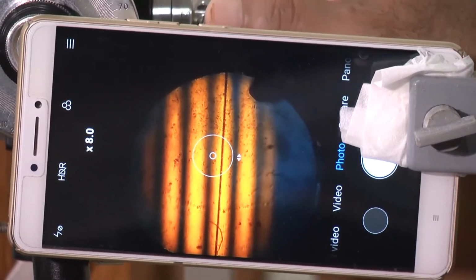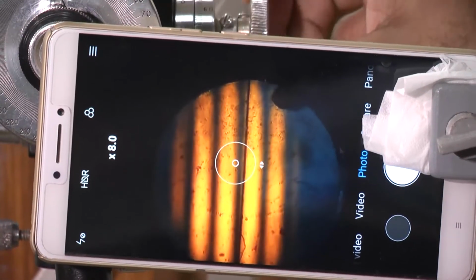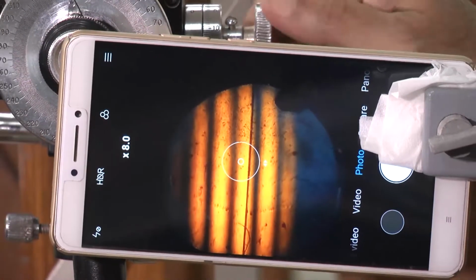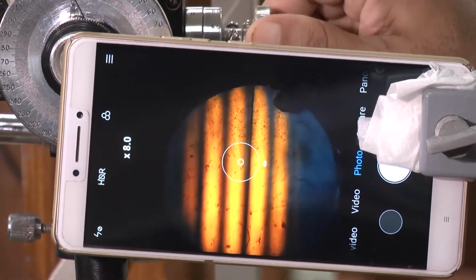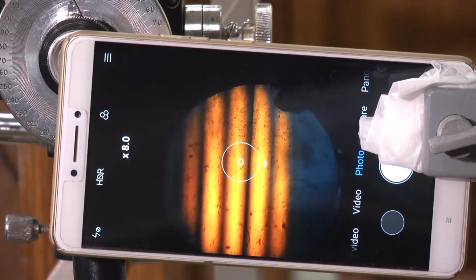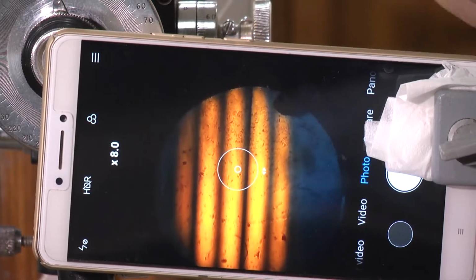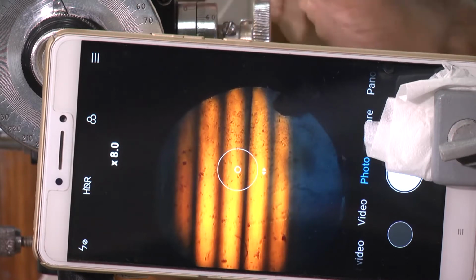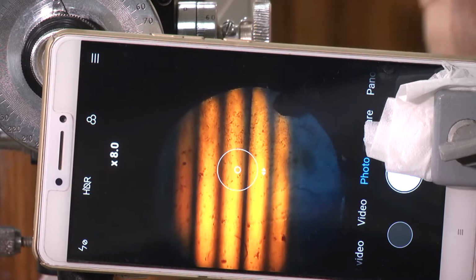So, we will take readings, say let us start from here. Let us take this one, say fringe number 1. How to take the reading, I will tell you. Note down this reading.